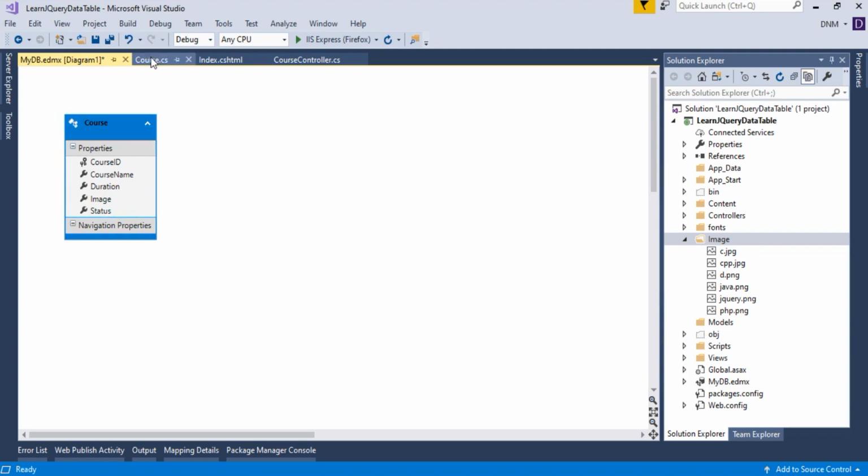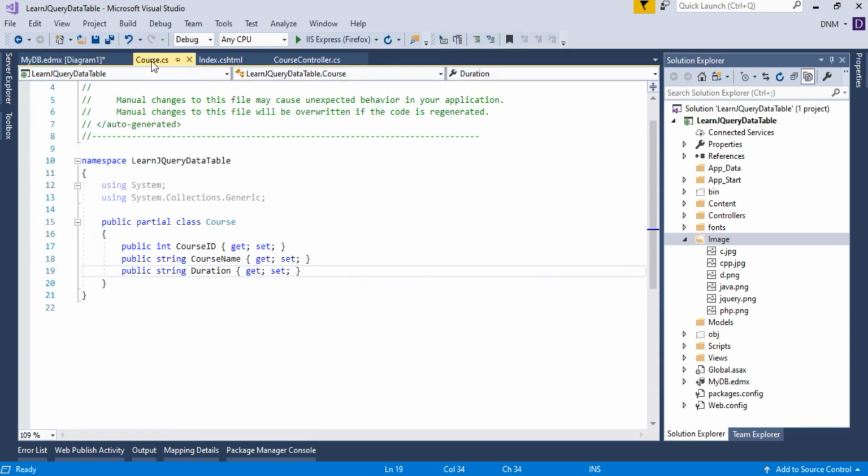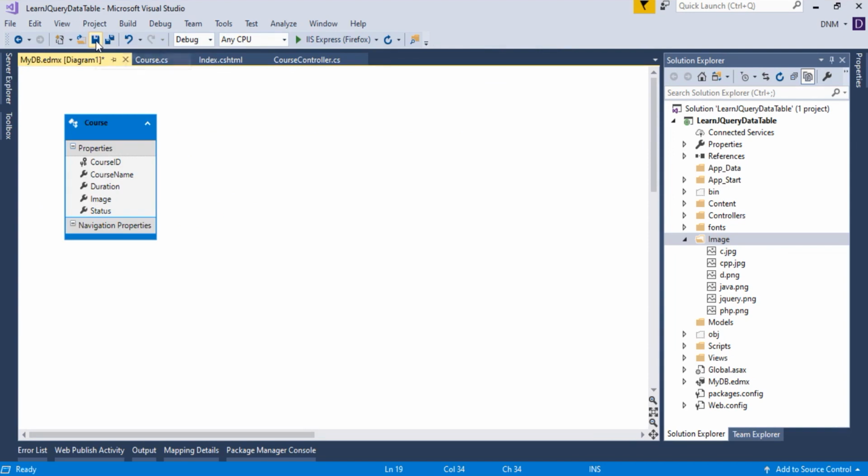You can even check these files also. Basically, I have to save this first, then only it gets reflected in the class file. It may take some time.